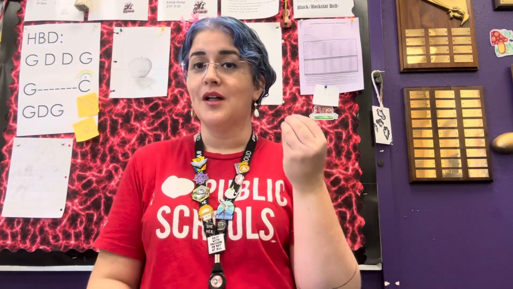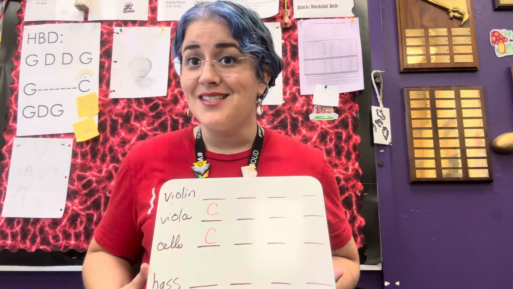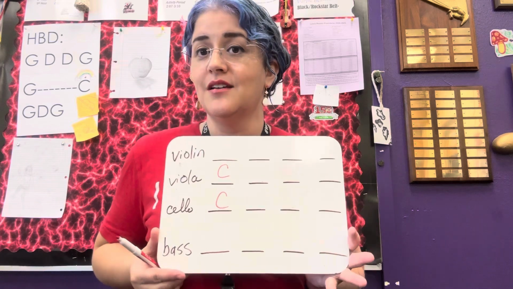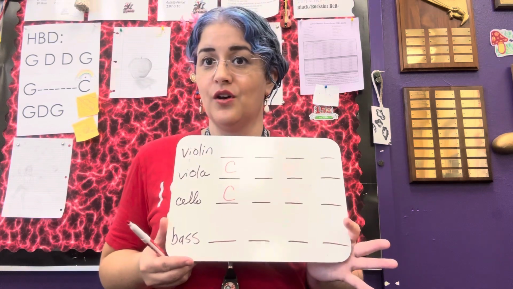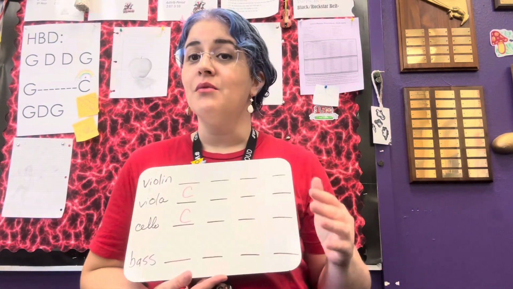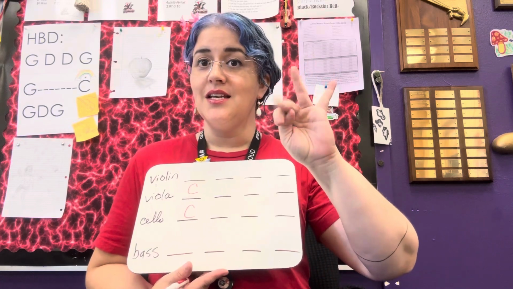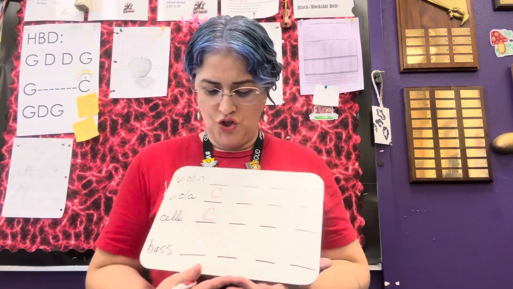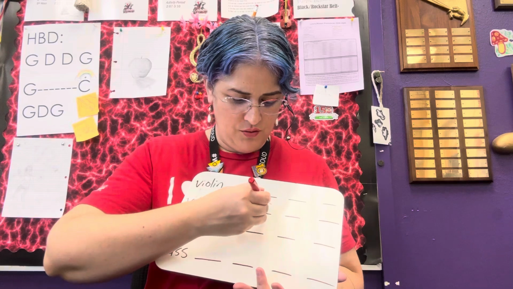So with our musical alphabet going from A to G, there's only 5 letter names between each set of strings. Okay, so our violas and cellos start with a C. Our lowest sounding note is a C on violas and cellos. Then we're going to count up 5. C, D, E, F, G. G is our next note